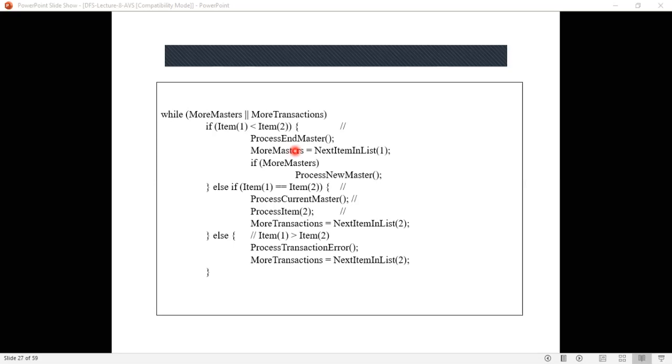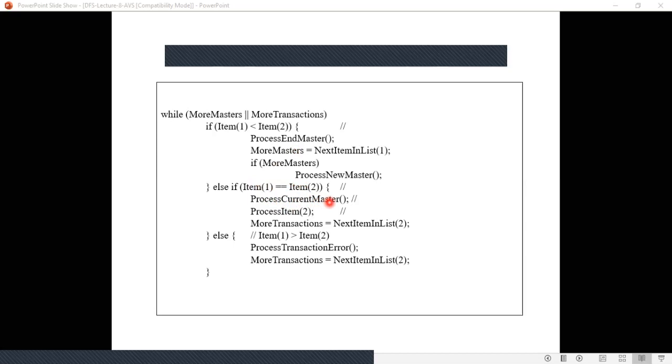Else if item 1 is double equal to item 2, that is, you have an account number in item 1 which is equal to the account number in item 2, for example account 101 in the ledger file and account 101 in the journal file, in that case you have to process the current master.